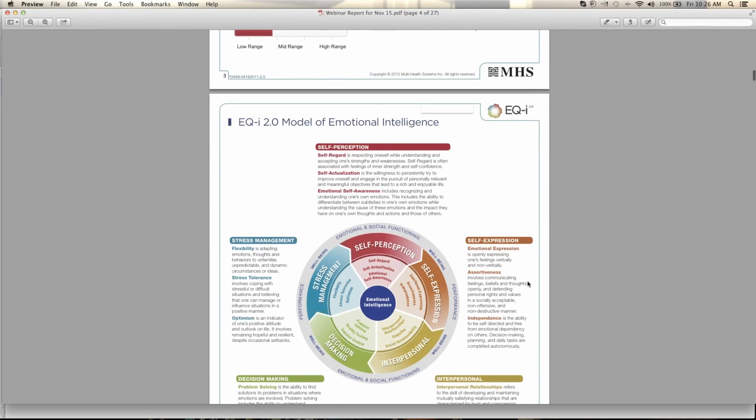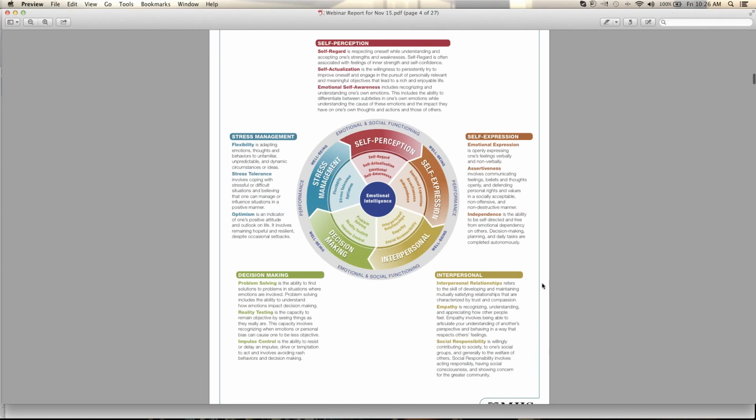Then, of course, we've got the model here, which we can review with an individual. And just very quickly, because I realize that a lot of you are familiar with this model, emotional intelligence is at the center of the model, the acknowledgement that the brain deals with and processes emotions and emotional information. And then outward from that are the skills related to emotional intelligence. And it's really those skills that we're interested in.